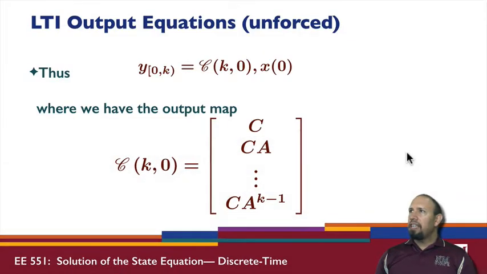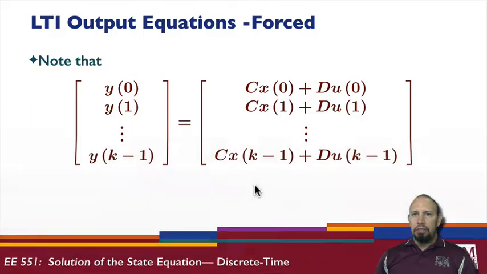And so we can define something called the output map. So the output from 0 to k is this output map times the initial condition, and here's the output map. We had an input map that involved B, AB, A squared B, all the way up. Here we have the output map, which involves C, CA, all the way to CA to the power k minus 1. There are a lot of similarities between the output map and the input map, and we're going to come back later and talk about controllability and observability, which will actually involve these maps. So that's for the